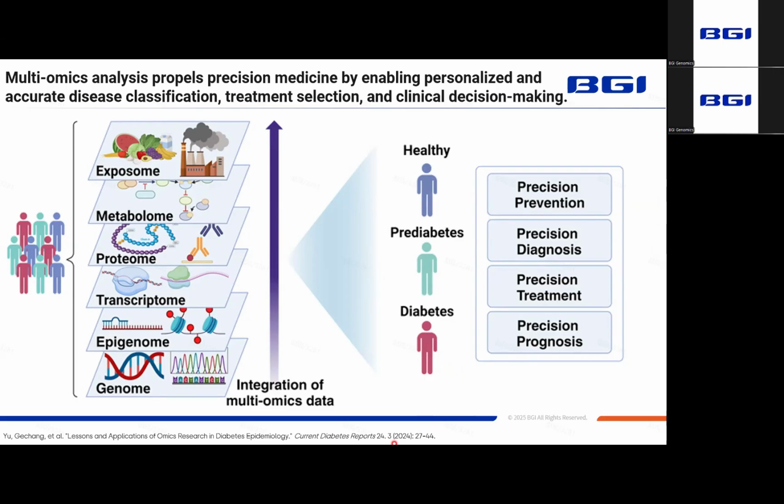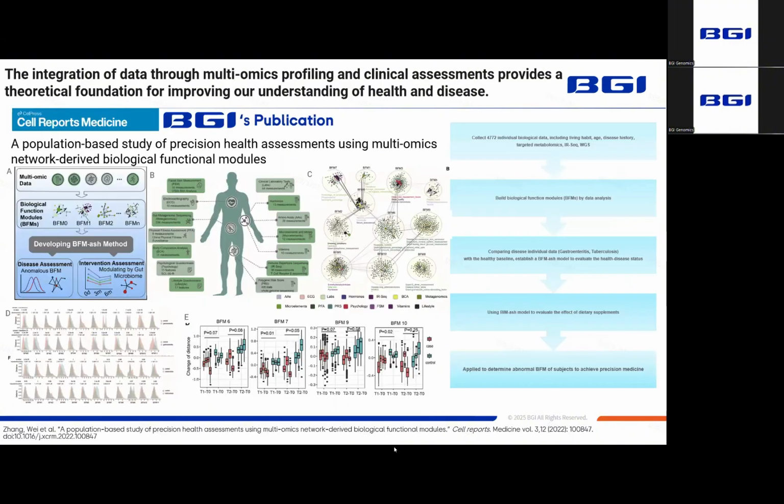prognosis realistic. For example, a study with multi-omics data built a biological function model by data analysis and successfully trained the data to distinguish certain types of disease development. At the same time, after giving supplements to some of the patients, a rematching of the personal biological function model was found. With this integration, it provides us with helpful information and a theoretical foundation for improving our understanding of health and